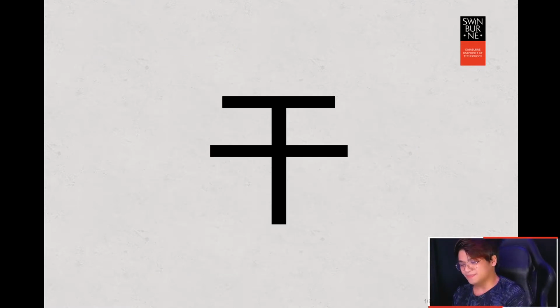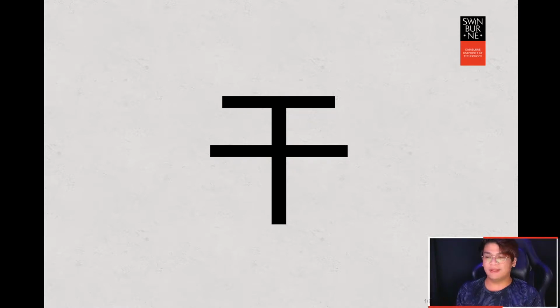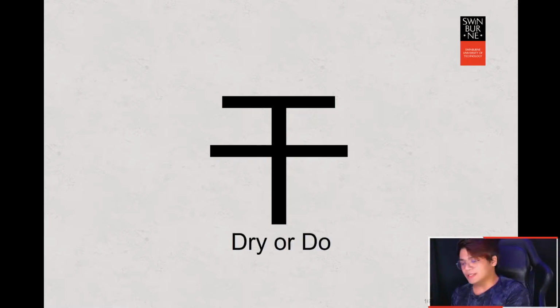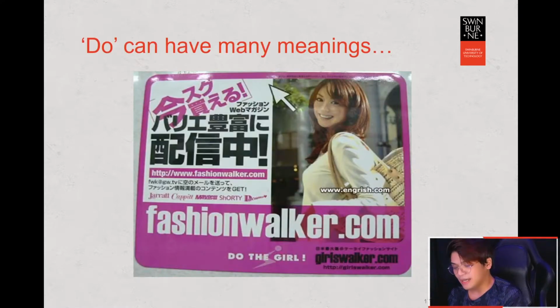Next one is about this character called gun. It can mean dry or doing something. All right, gun. So the do have different meaning. For example,